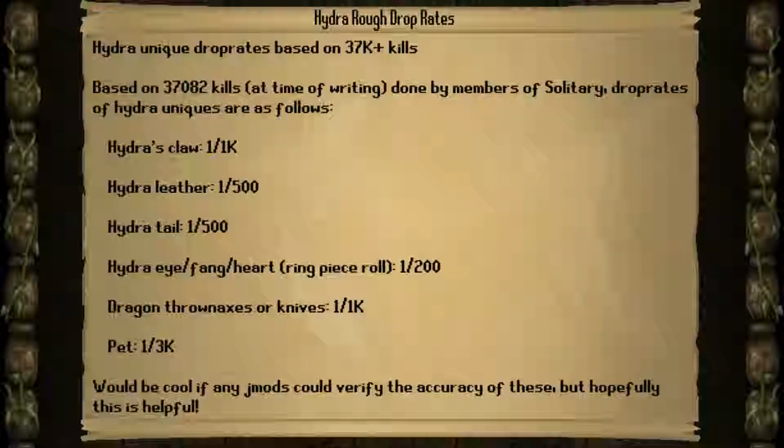All right. So the Hydra is the new level 95 Slayer boss, which they added. It drops one really expensive item, which is the Hydra's Claw. Based on what people have put together through like 37,000 kills, so it should be pretty accurate, the Hydra's Claw, which is currently 77 million, is 1 in 1k. The leather, which is 6 million,